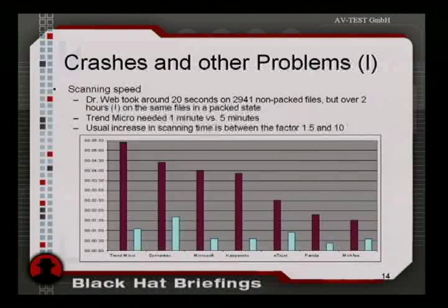The first test set was exactly the same that we used for the detection rates, and the second test set contains the same files as the first test set, but in non-packed versions. Then we scanned over both test sets and compared the scanning time. There we came across that the scanning time increases a lot when you scan over packed files. For example, Dr. Web takes only 20 seconds to scan the non-packed files, but over 2 hours to scan the